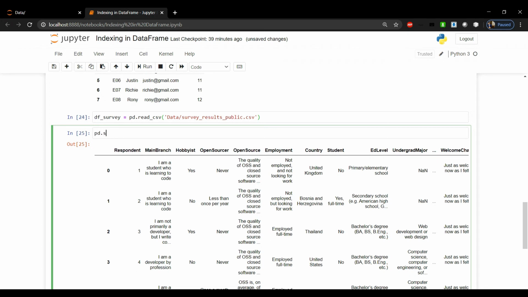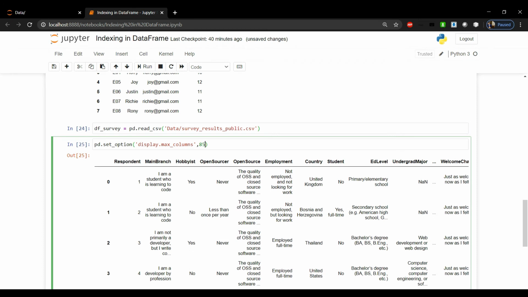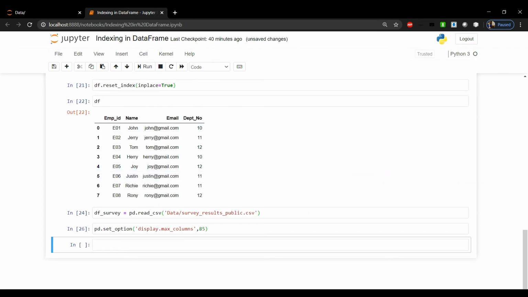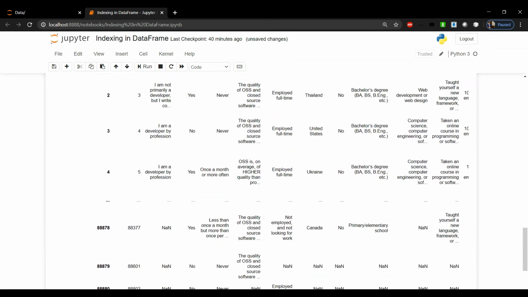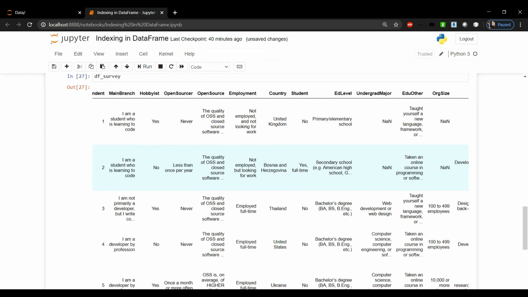For this I need to use pd.set_option, and inside it we need to pass an argument as display.max_columns, and how many columns we want. So here we have around 85 columns, so I will print all the columns. So display.max_columns 85. Now let's print df_survey here. So here we got all our 85 columns.